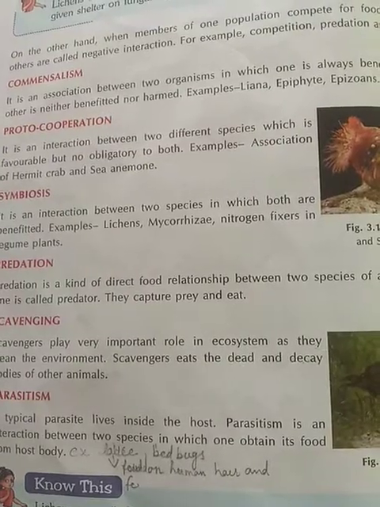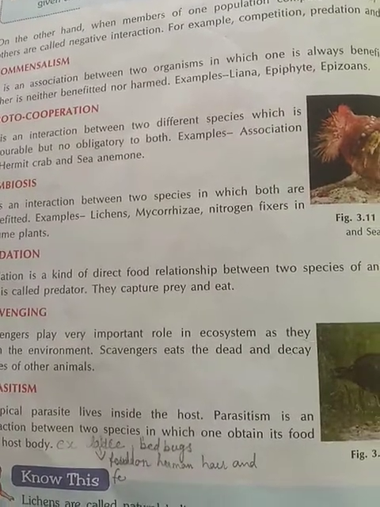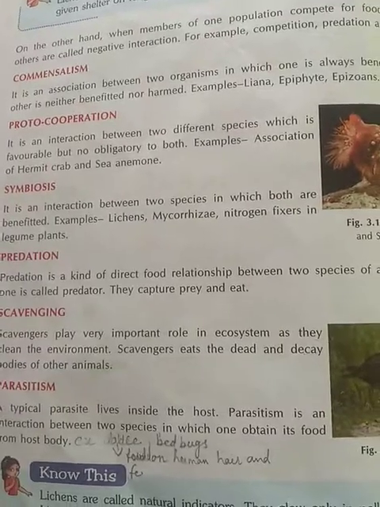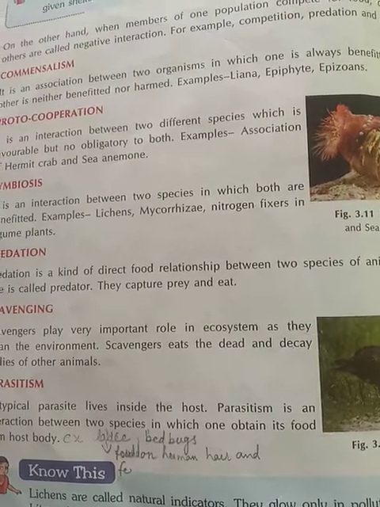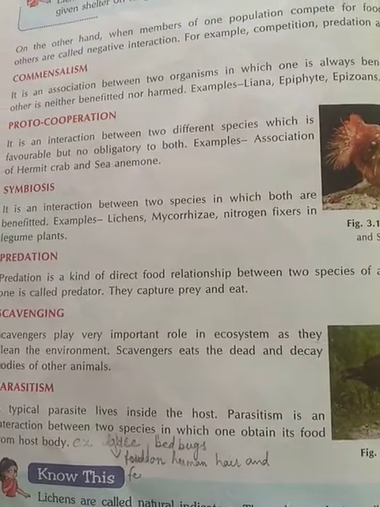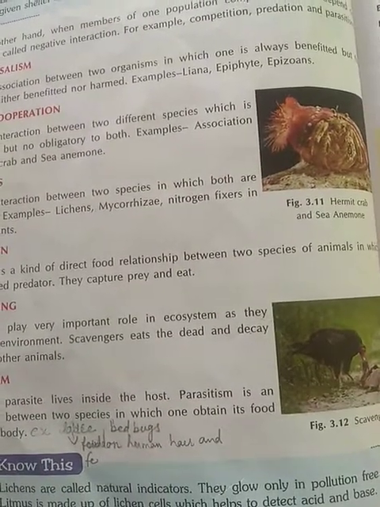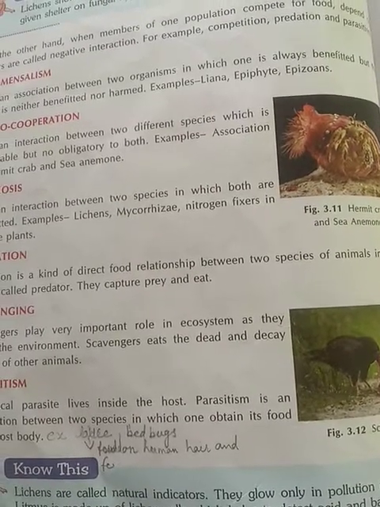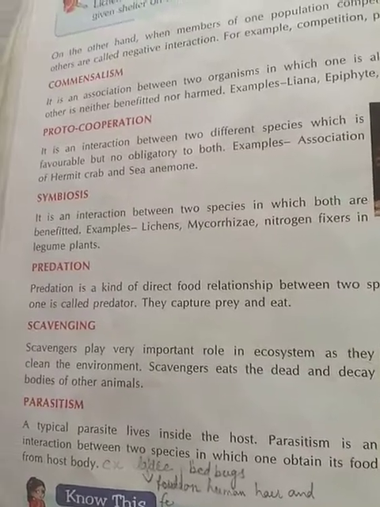Commensalism. It is an association between two organisms in which one is always benefited but the other is neither benefited nor harmed. See, in this relationship, the two organisms, one is always benefited, the other is neither benefited nor harmed. For example,